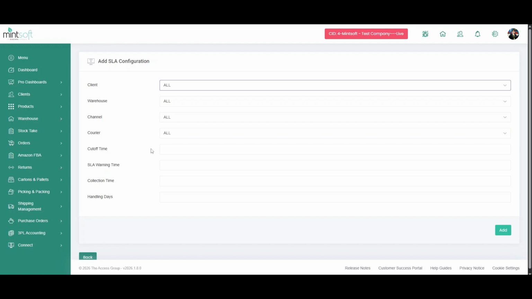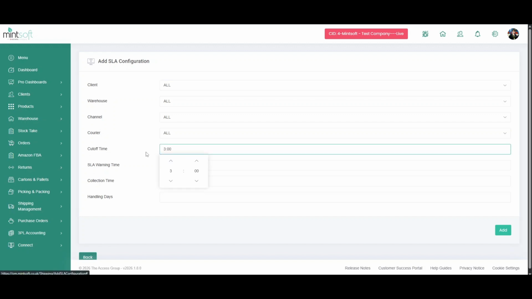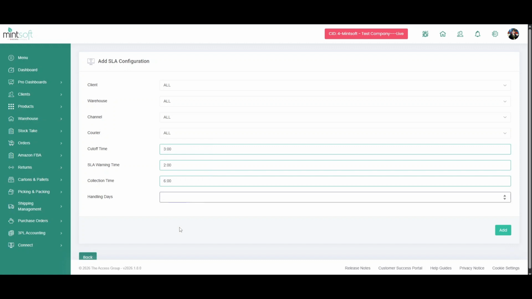You can then specify a cutoff time, an SLA warning time, collection time, and a number of days for handling. Once you've set this up, the dashboard will reflect data for your live